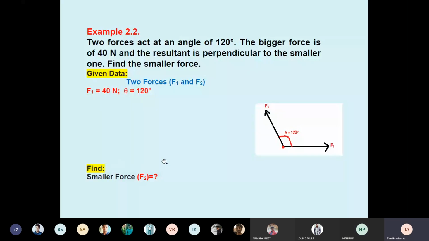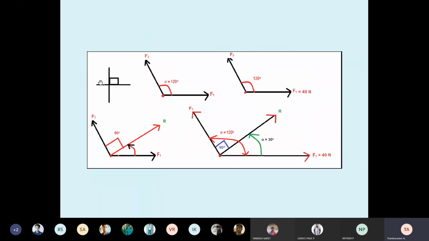Nitish, are you hearing me? Yes, sir. Okay. See this given data, we have to write it in symbols. They did not give any symbol in the statement, and for our understanding I have drawn the diagram. First I have drawn the quadrant; each quadrant is 90 degrees. If 120 degrees means above 90, that is why I referred to the diagram. See the second diagram: F1, F2, with F2 inclined at 120 degrees because the angle is given.